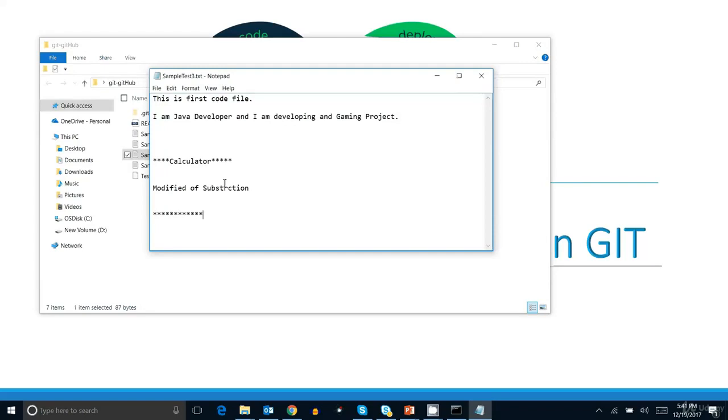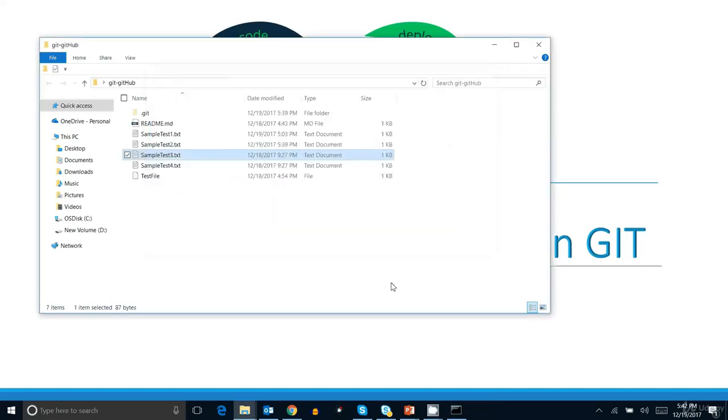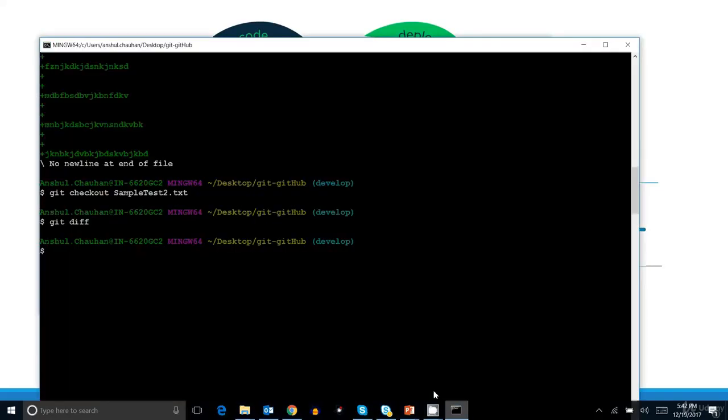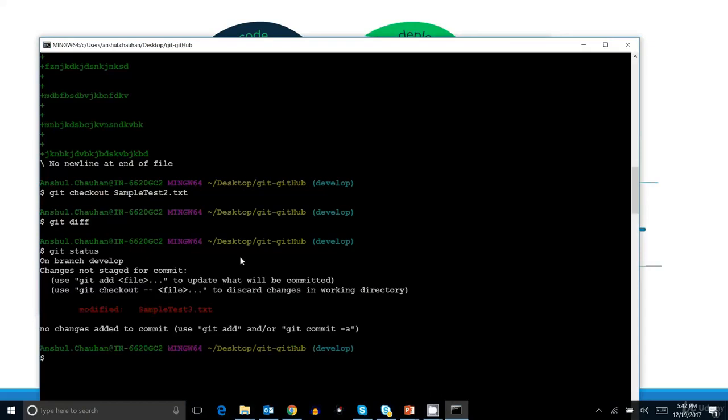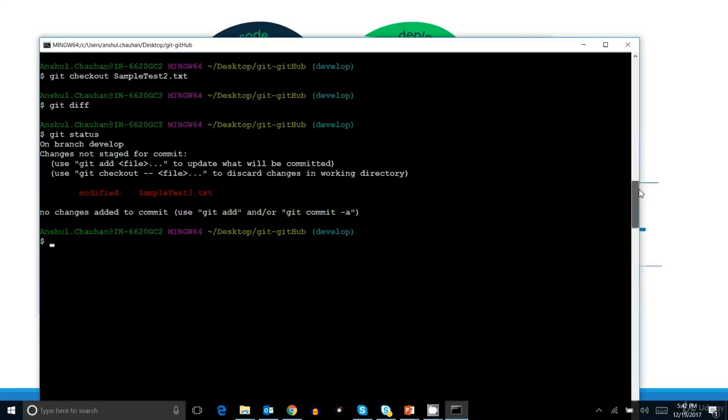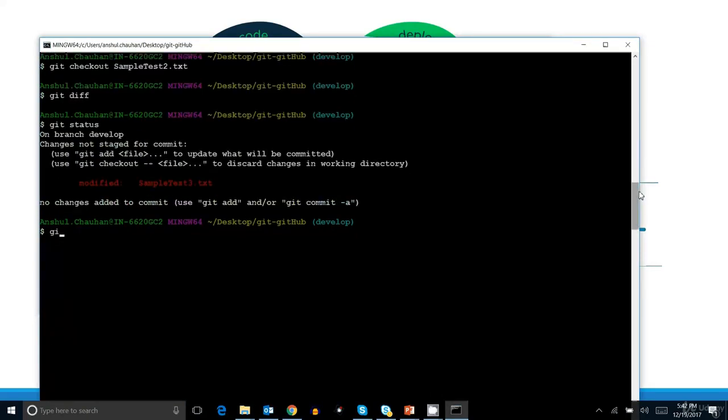So I'm not taking any coding example, so that it will not lead to confusion. Suppose there's a program, this is my Java file or some C# file. Here is a calculator program, and I've modified the logic of the subtraction. I just save the file. I will go to my git bash and verify the git status. I have modified some sample text 3. So what I need to do is add this